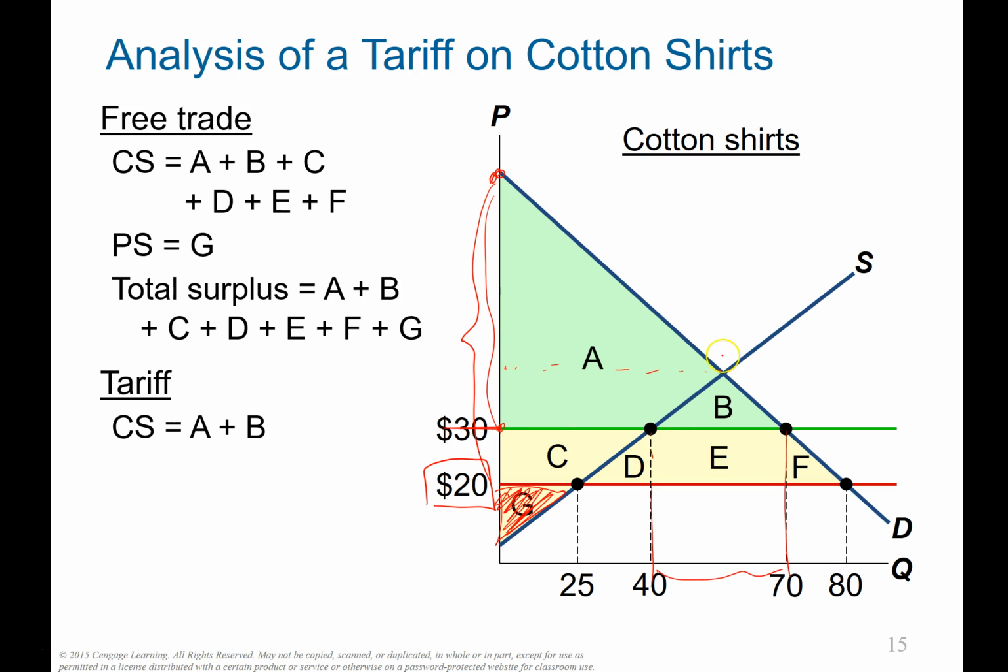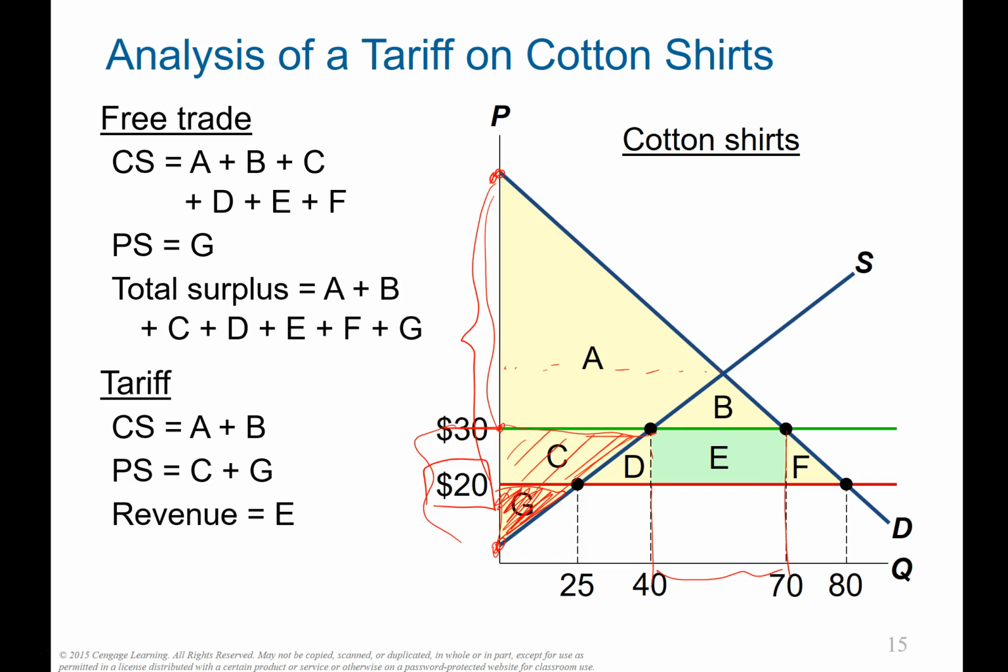So it's going to be A and B only. And the producer surplus is increased, from just this G area to now C and G, because it's the difference between what they actually receive, which is $30, and what they would be willing to sell for at the bottom of the supply curve. So this tariff is for the benefit of that very small but vocal group of domestic cotton producers or cotton